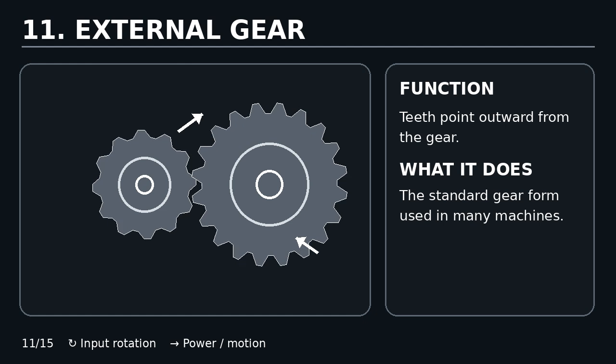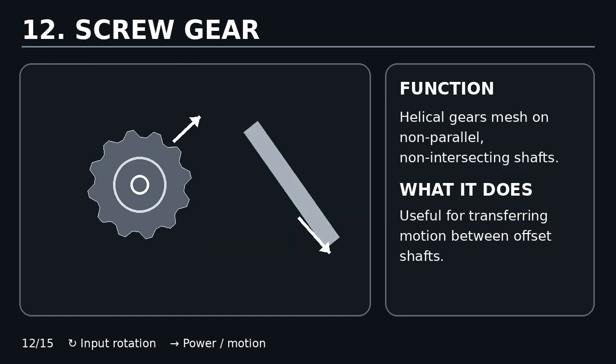Screw gears use helical teeth on shafts that are neither parallel nor intersecting. They provide smooth motion transfer between offset shafts. Cycloidal gearing uses